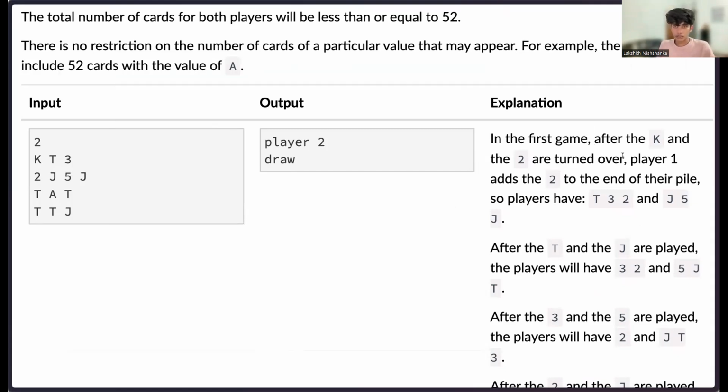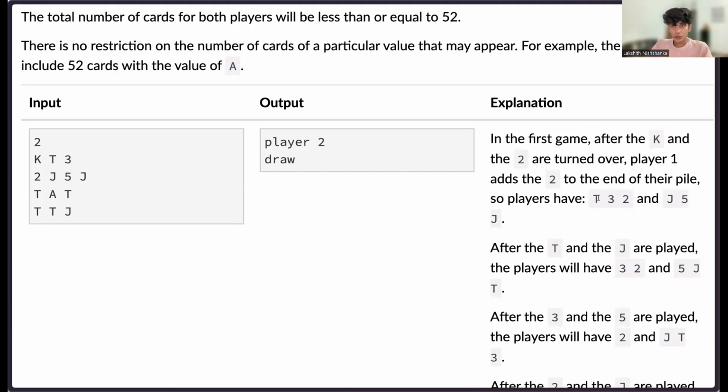The K has the higher value. Therefore, the first player will have to put the lower card into their deck, right? Yeah, player one adds the 2 to the end of their pile. Then after that, K will be discarded.